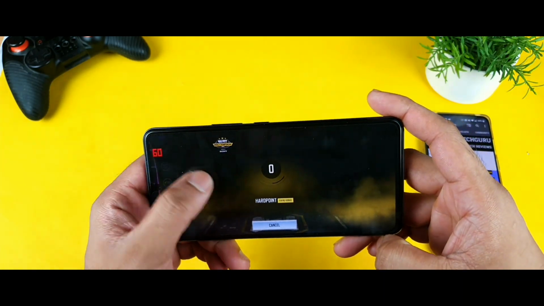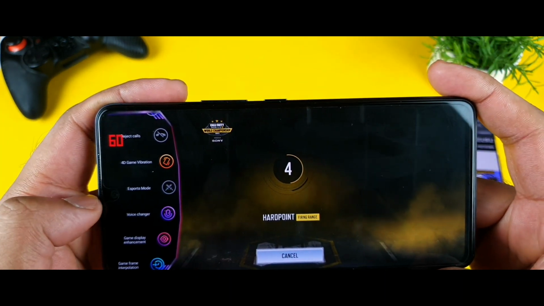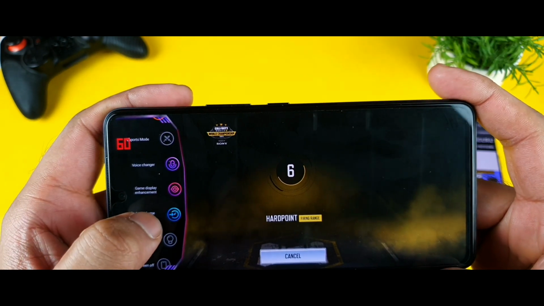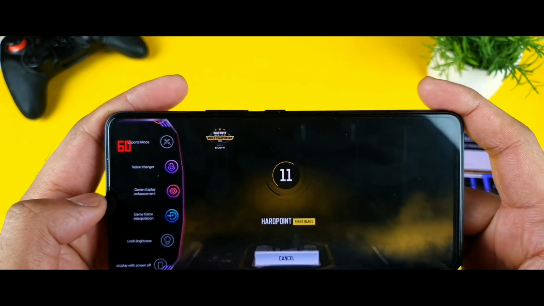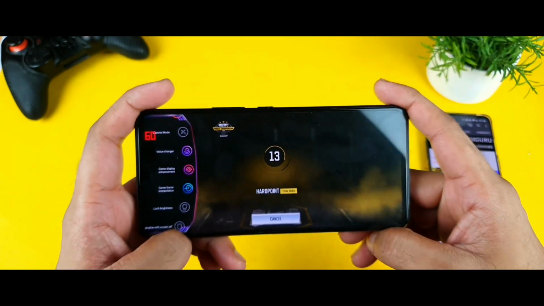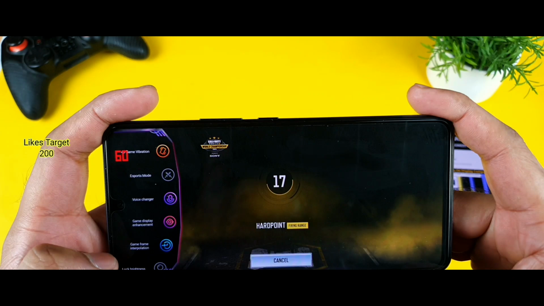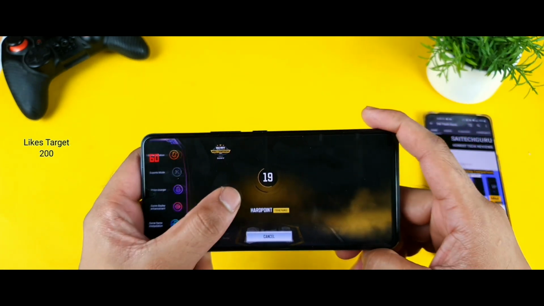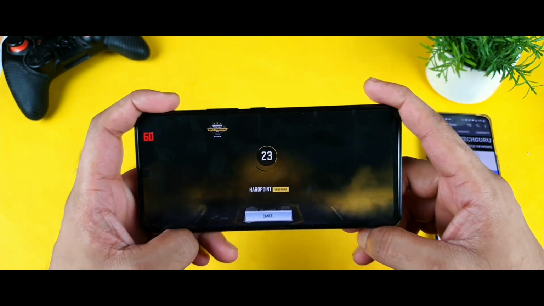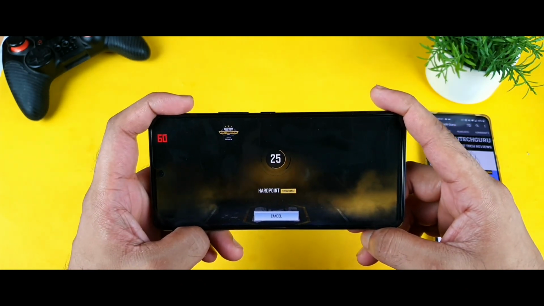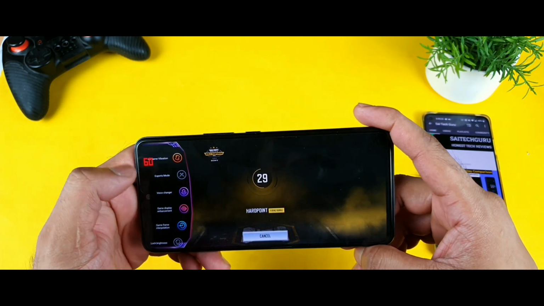Let's see friends, and let me swipe the side panel, and yes, there is a voice changer, that's fantastic, and game display and game frame interpolation as well, as you can clearly see friends. So all these options are successfully there in this Call of Duty game. You're getting 4D vibrations, voice changer, game display enhancement and game frame interpolation. I think this is the only game which has all the options supported in the IQ7. Yes, only this one game. I did not find any other game which supports this many options in one.